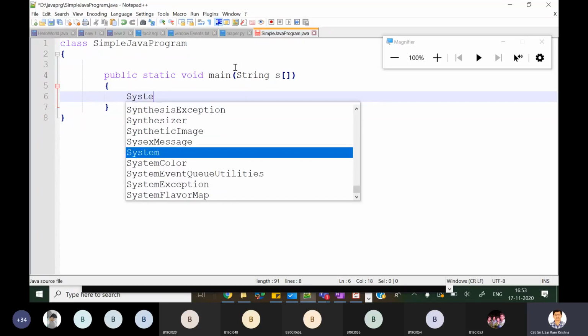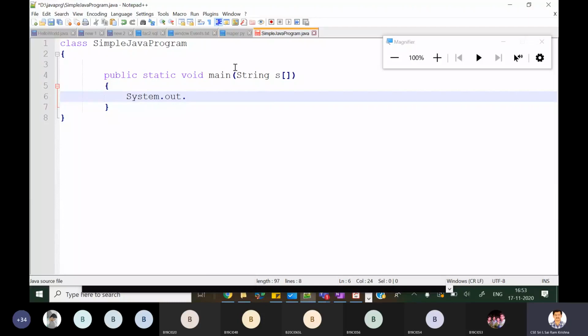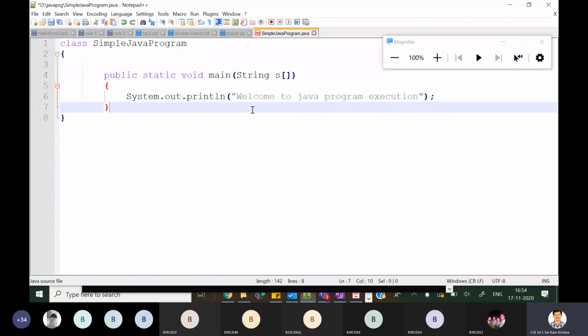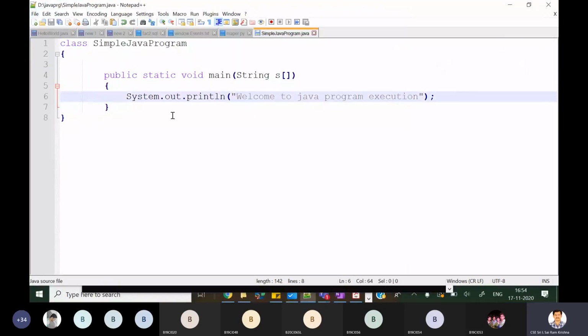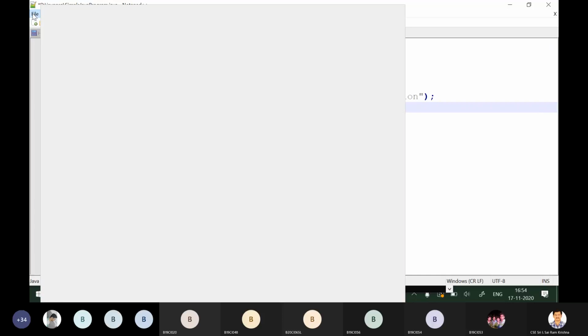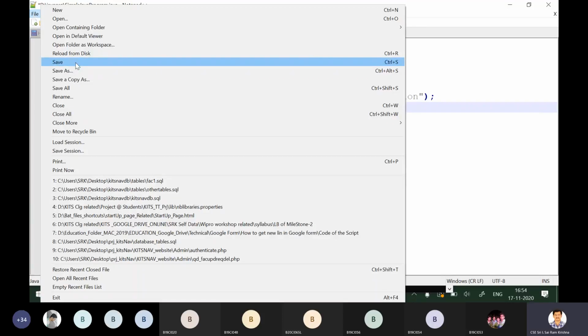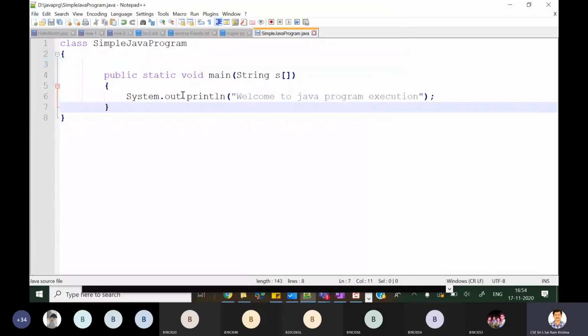System.out.println. I am saying, welcome to Java program execution. Now save this. Now if you give the command Control S, or you can click on save file and you can click on yes, save, or you can press Control S.